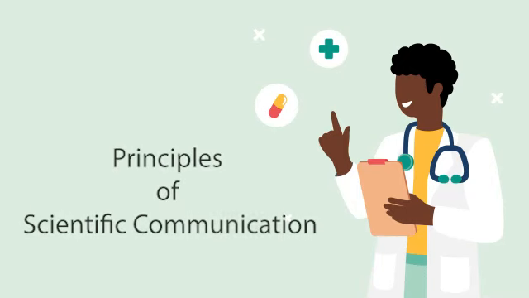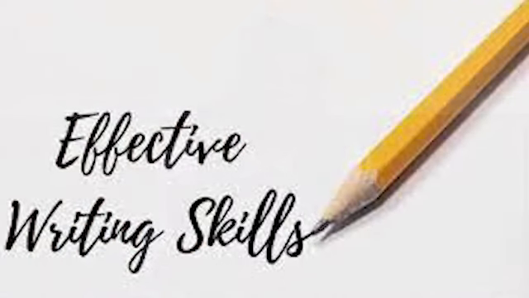First, identify the principles of scientific communication. The principles of scientific communication are clarity, accuracy, simplicity, and understandability. When writing about science, you will need to convey at least some of the technical information to people other than your specific audience. But to make your work easier to understand, always try to write briefly and concisely, and